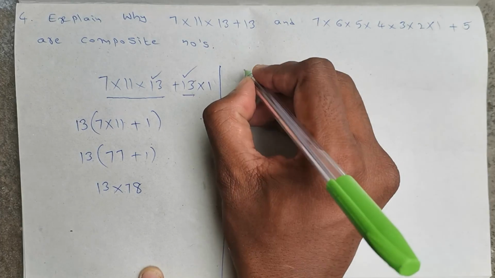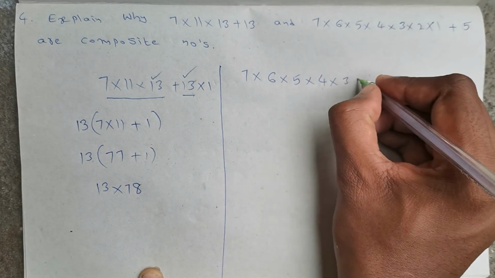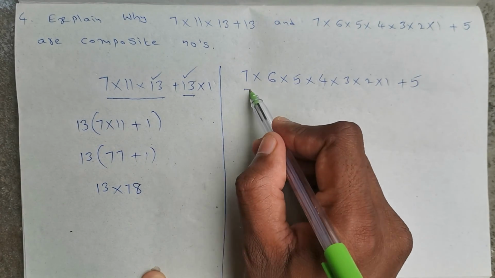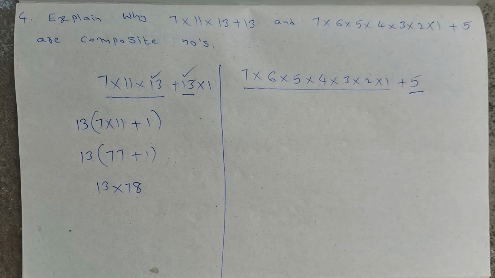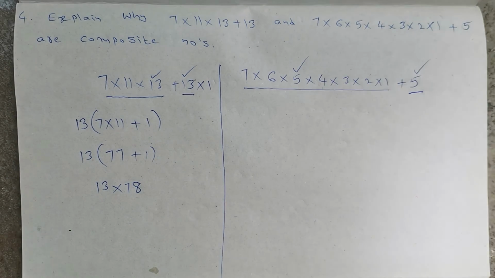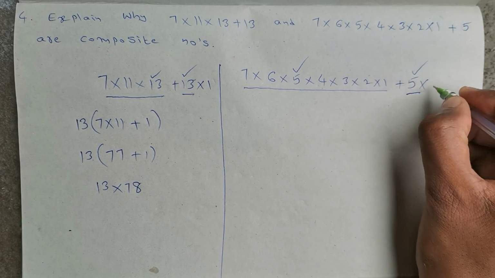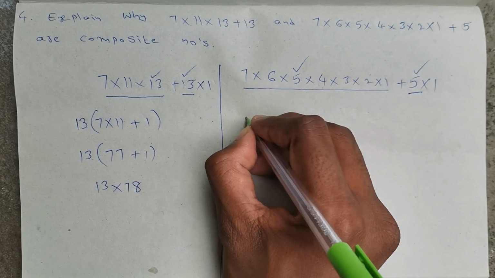Next, second one. 7 into 6 into 5 into 4 into 3 into 2 into 1 plus 5. Here in this total only multiplication is there, so it is considered as one term, and this is the second term, so only two terms are there. Now if we observe clearly, in the first term as well as in the second term, number 5 is common. So this second term 5 I will write as 5 into 1. Now in the first term 5 is there, in the second term 5 is there, so I will take 5